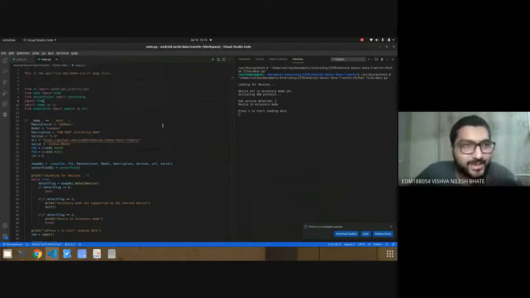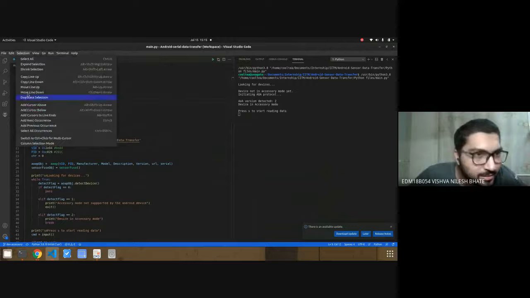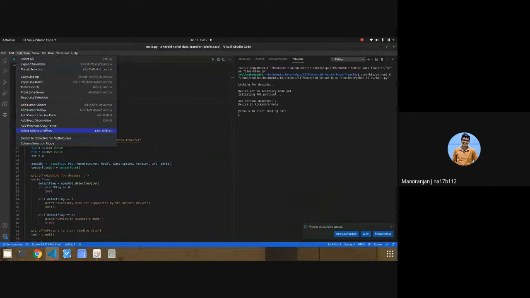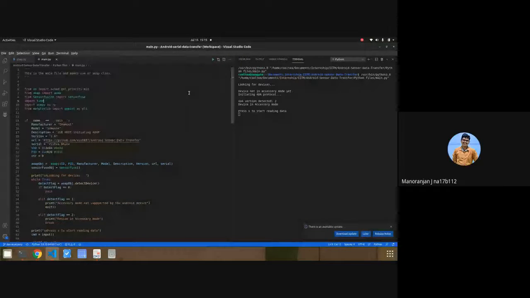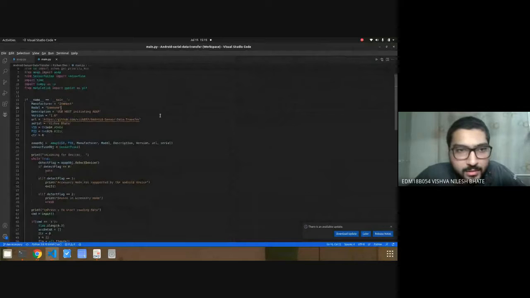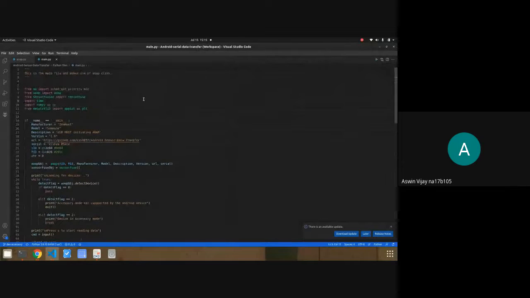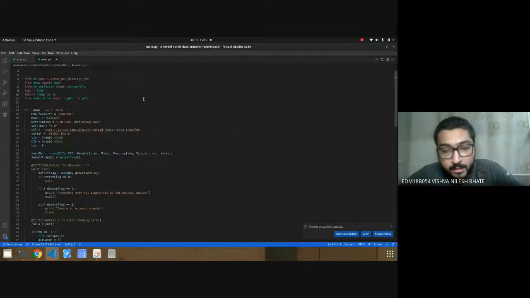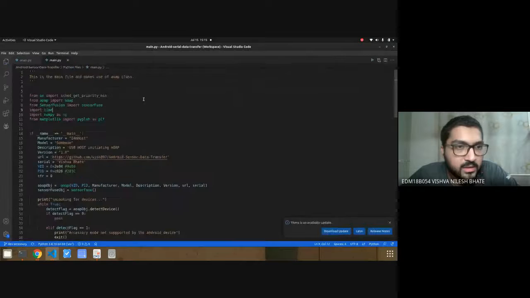If anybody knows the shortcut, please do let me know. I think Control and scroll the mouse. Control plus. I tried that, but it's not working actually. Did you try Control plus? Yeah, Control plus. Okay, wait a second. Now it's working.